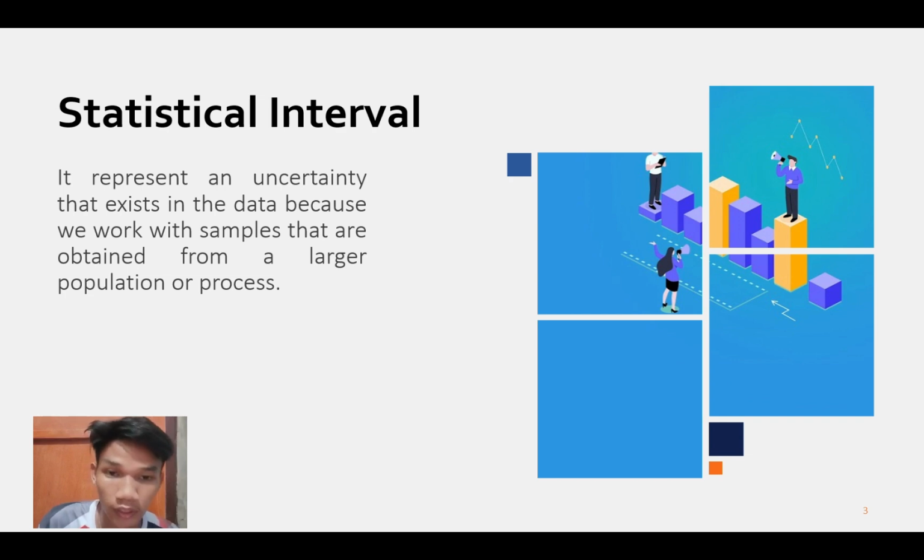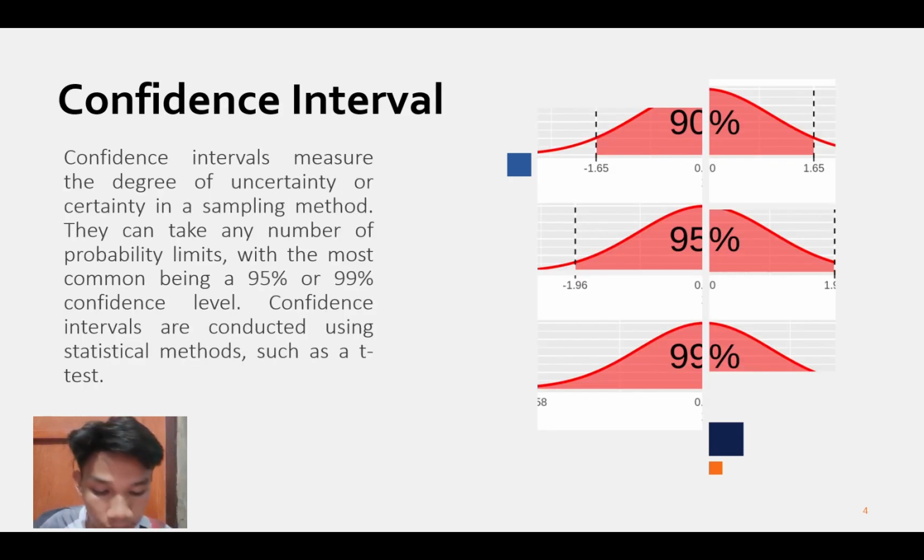So, next is confidence interval. So, paano naiiba ang confidence interval? Ang confidence interval ay isang uri ng statistical interval na nagpapakita kung gaano kasigurado ang resulta. Halimbawa, sa 95% confidence level, 95% ng oras ang true value ay nasa interval. Mas mataas ang confidence level, mas siguradong tama, pero mas malawak ang interval.